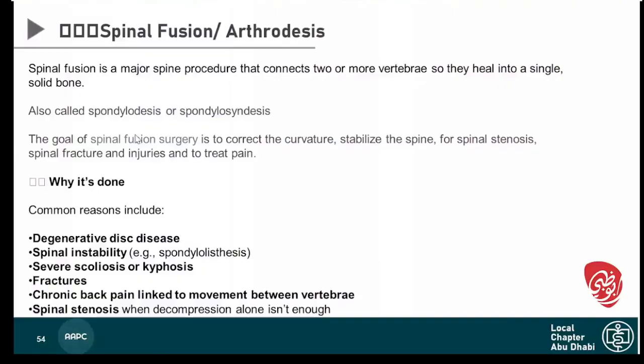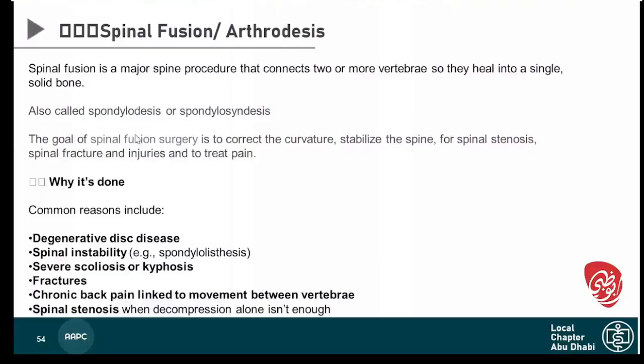Then autograft, which means through laminectomy a physician may harvest the patient's own graft, that is autograft. So we have to check whether the graft harvested is autograft or allograft. We have to check. So this is actually the spinal fusion procedure, and why it is done, that I have